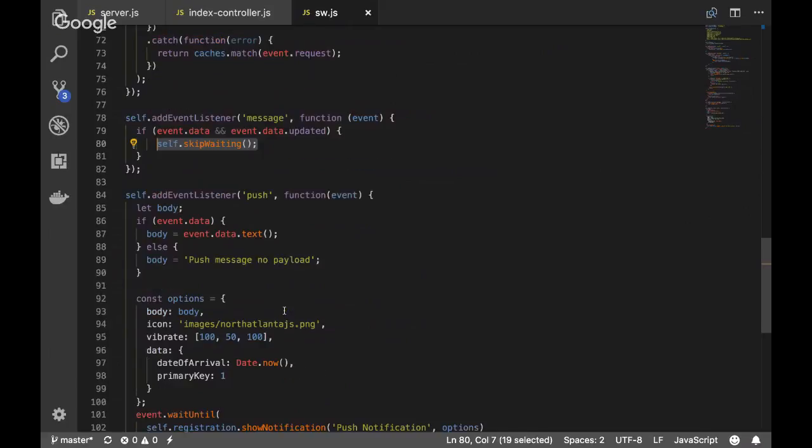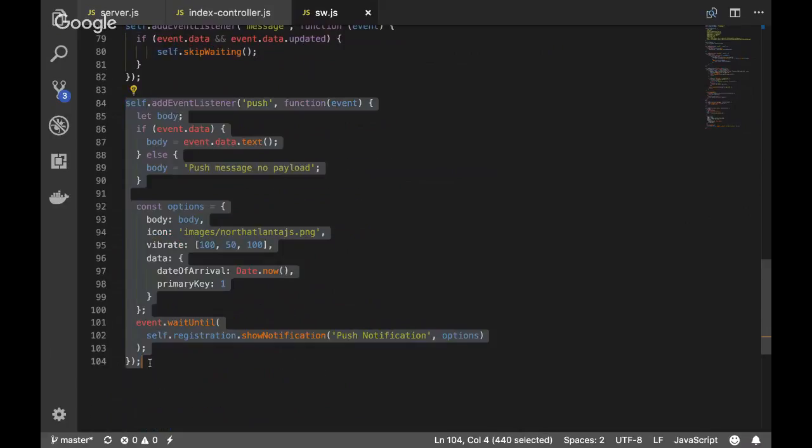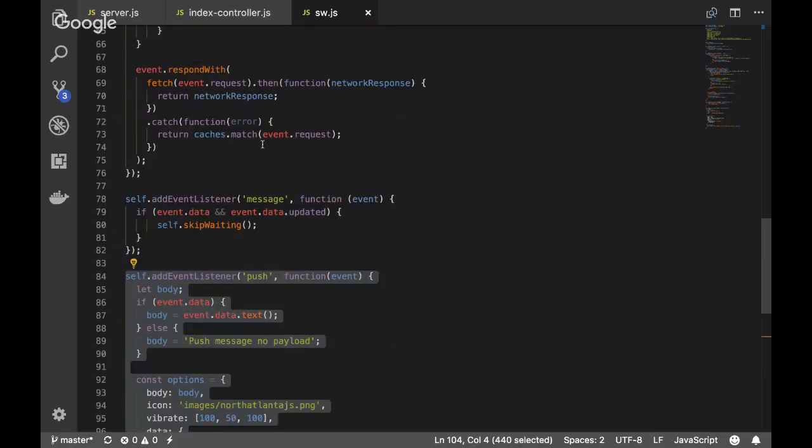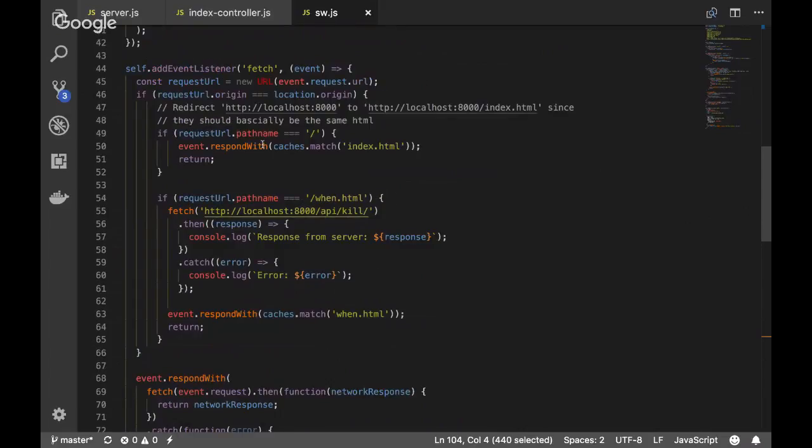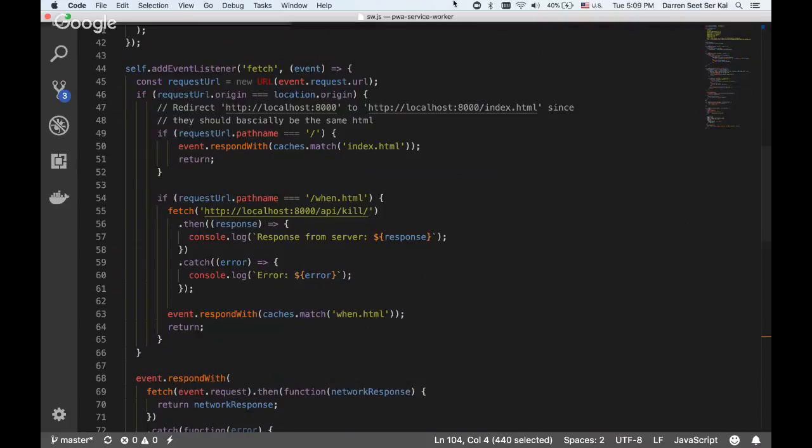The push command, this is for the notification that you saw earlier. That is most of the code. I didn't put in IndexedDB because it will make this too complicated. So this is a basic way of how the service worker code looks like.